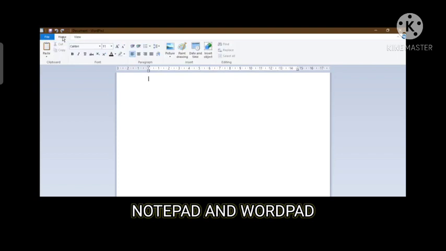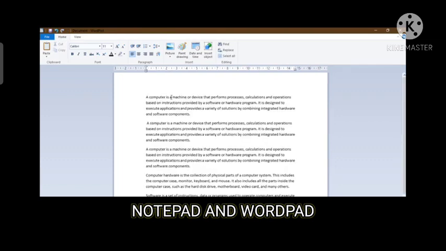Now let me type a few things in the WordPad so that you can use it. I have already typed something over here, some information about this computer, in the WordPad. Now we will learn about various options, commands, controls from over here. So first of all, going to the font group, we will be selecting, as we have done in the Notepad also. First of all, selecting this.